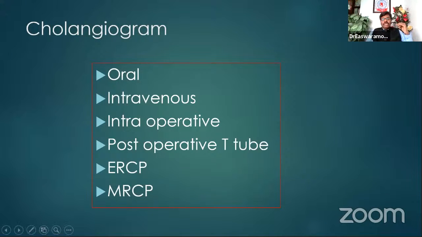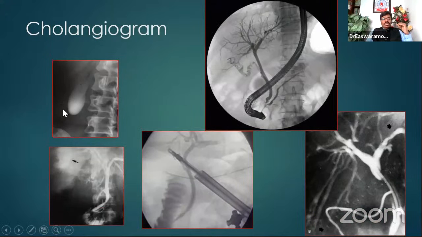Quickly I go through because of lack of time. Oral cholecystogram: if you have a functioning gallbladder, this can be done, but this is history book. It's no longer done. Intravenous cholangiogram, again no longer done. What is done nowadays, if you ask me, we sometimes do during laparoscopic cholecystectomy to see whether the gallbladder is